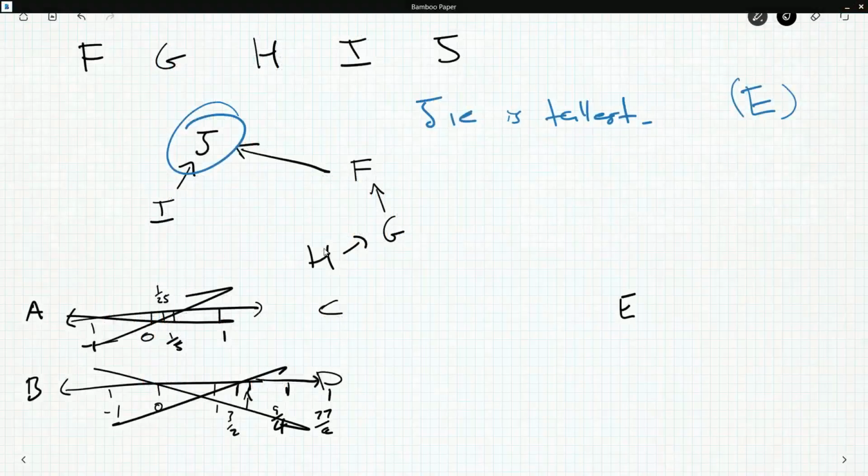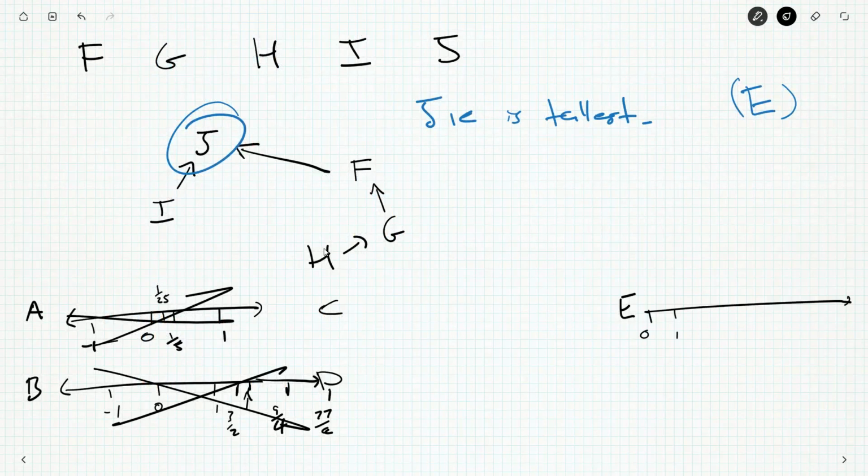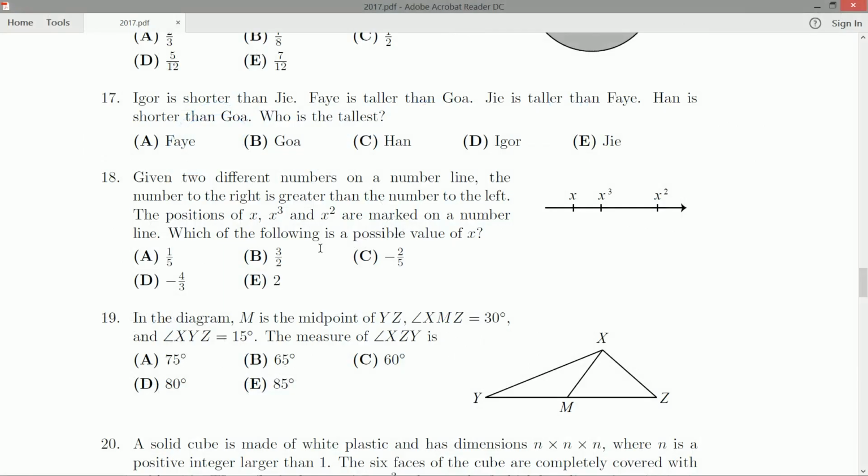E, 2. Okay, I'll put 0 here, I'll put 1 here. 2 goes here, 4, 8. Yeah, x and x squared look like this, but x cubed is out here. So that's not good. How about D, negative